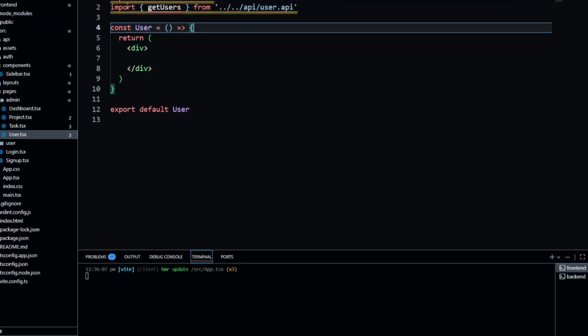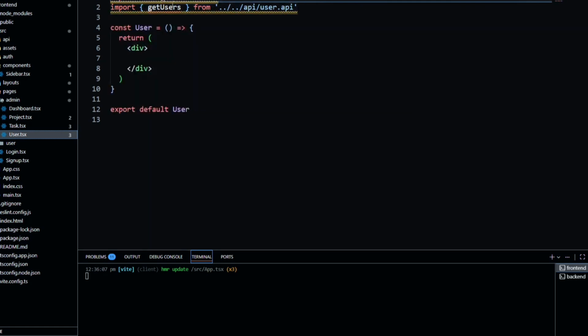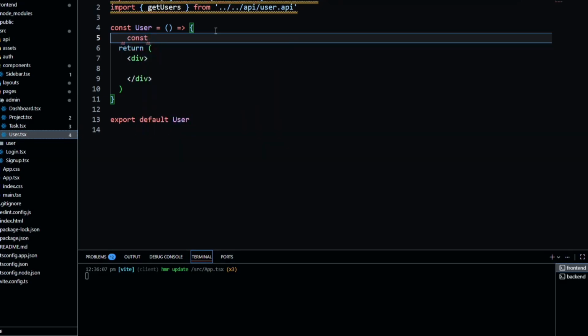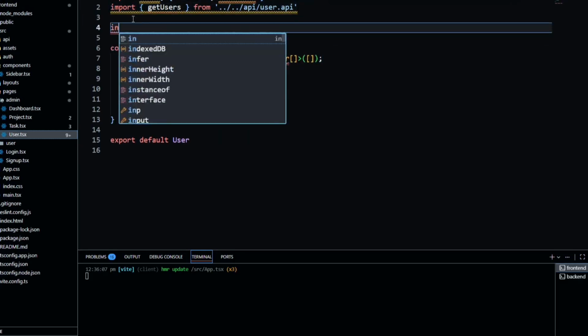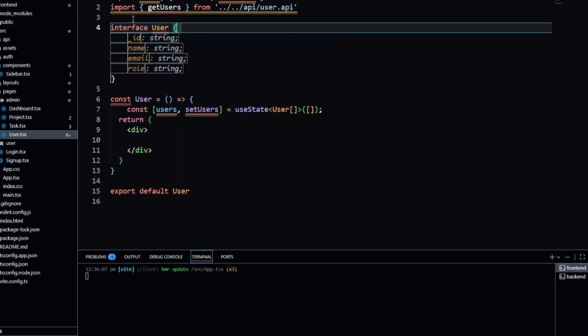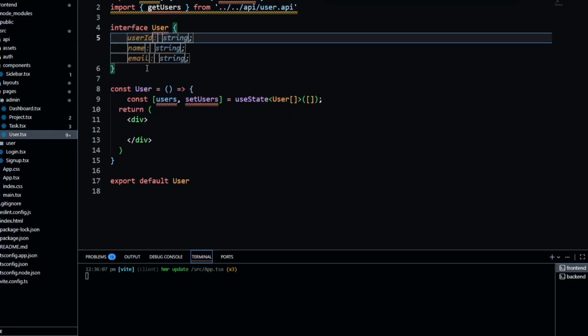Next we are going to fetch that. So we need useState also. So we will use useState and useEffect. Next we are going to create a const. State is going to be user and setUser. Then user has an interface also. So let's create an interface. Then we will have user. Then user ID is going to be a string. Then name is going to be